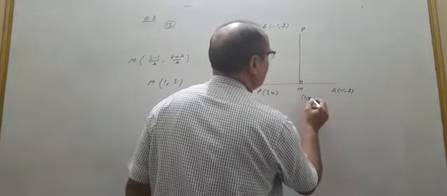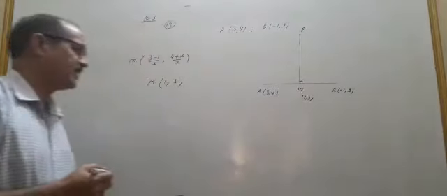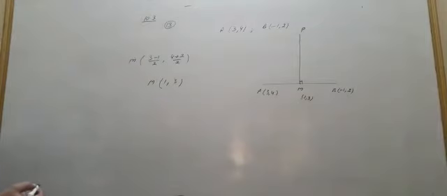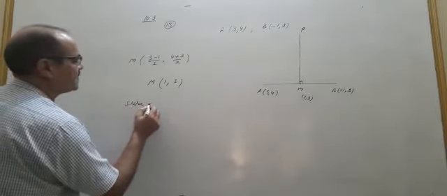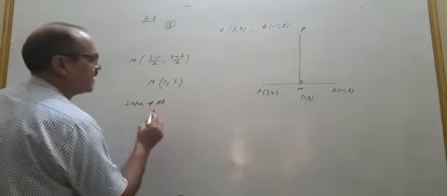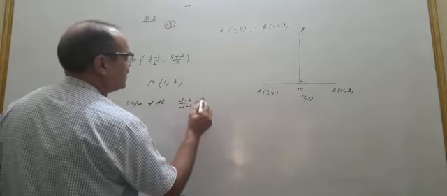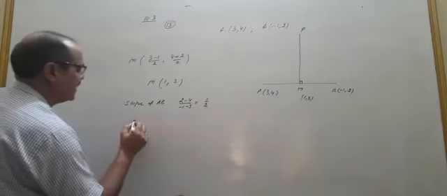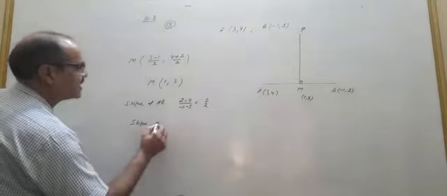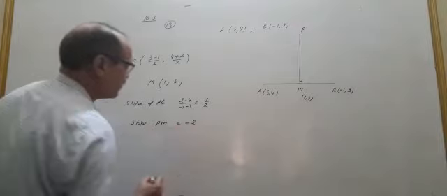Now the line, the right bisector PM, is passing through point M, that is point form, and the slope of this means perpendicular. To find the slope of PM, so first of all write the slope of AB, the line, that is y2 minus y1 upon x2 minus x1. So therefore the slope of the line is minus 2 upon 4, means minus 1 by 2. And the slope of the right bisector PM is equal to 2, by the condition of perpendicular lines.